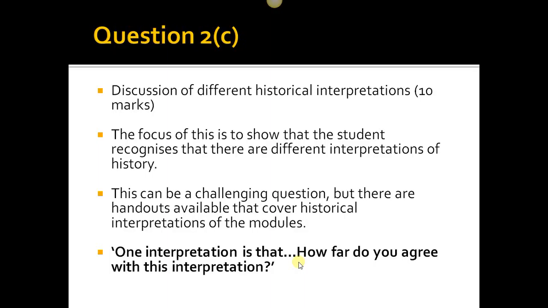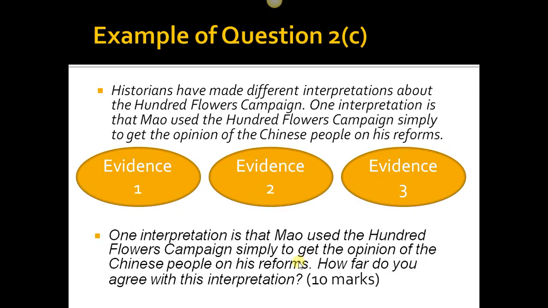But if we move on, here you will see that on the paper, first and foremost, they will give you an interpretation from the period of the exam you are sitting, okay? So,